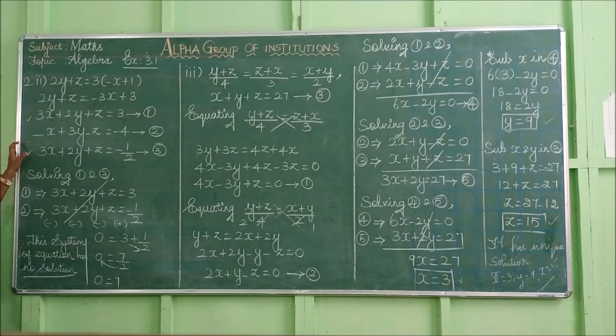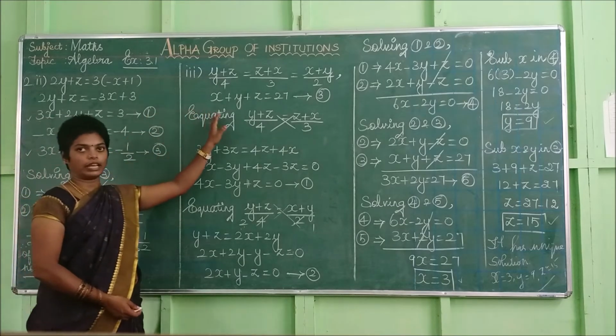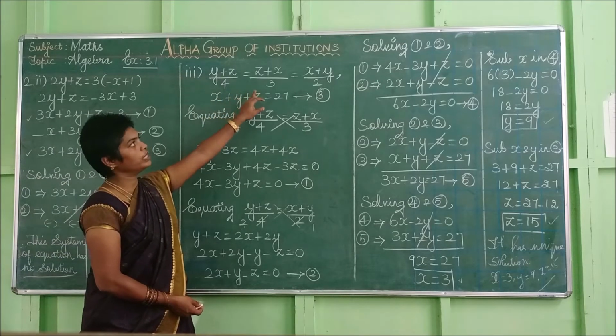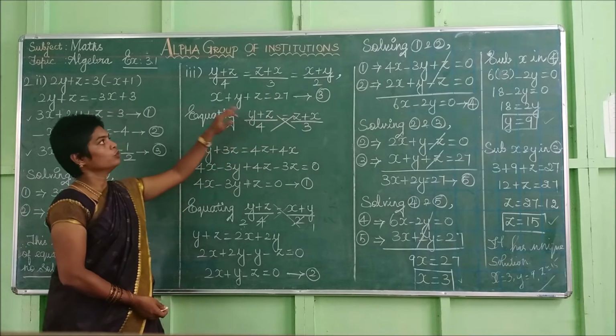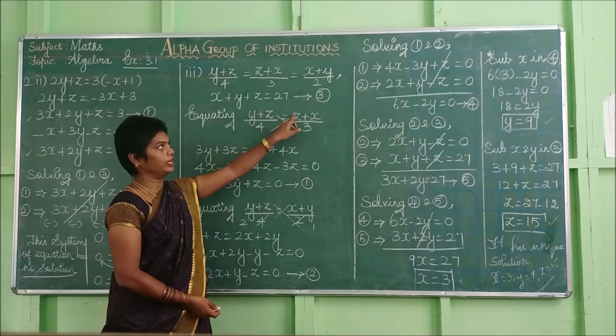What are the equations will be cancelled. So listen, similar sum, second one, third subdivision. Here also you have to find the nature of the solution only. (y plus z)/4 is equal to (z plus x)/3 which is equal to (x plus y)/2. And one thing is given: x plus y plus z is equal to 27.